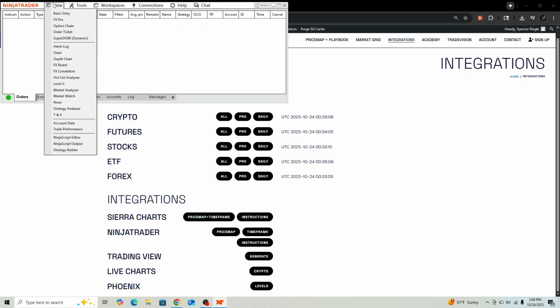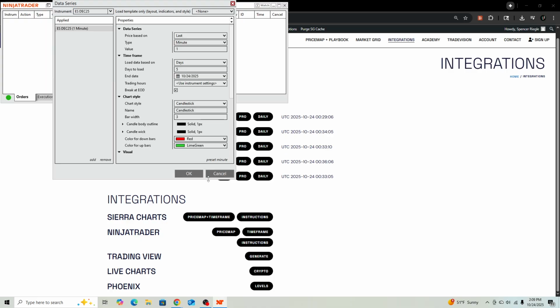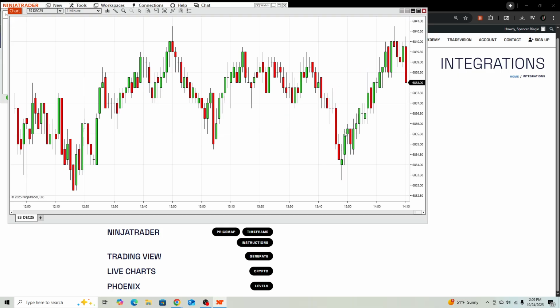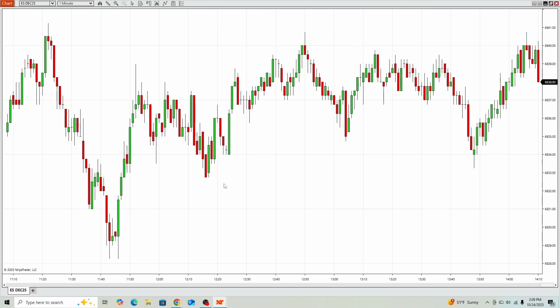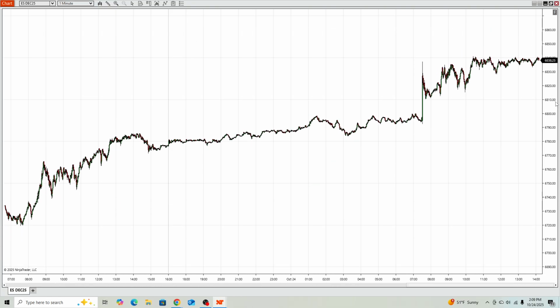So new, add a chart. And then just for ease, we're going to use the ES contracts. And then we'll load a chart. Here is ES, and I'm going to zoom out there so that we can have a bit more of a scale. And then what you're going to want to do is in the top toolbar here, hit Indicators,